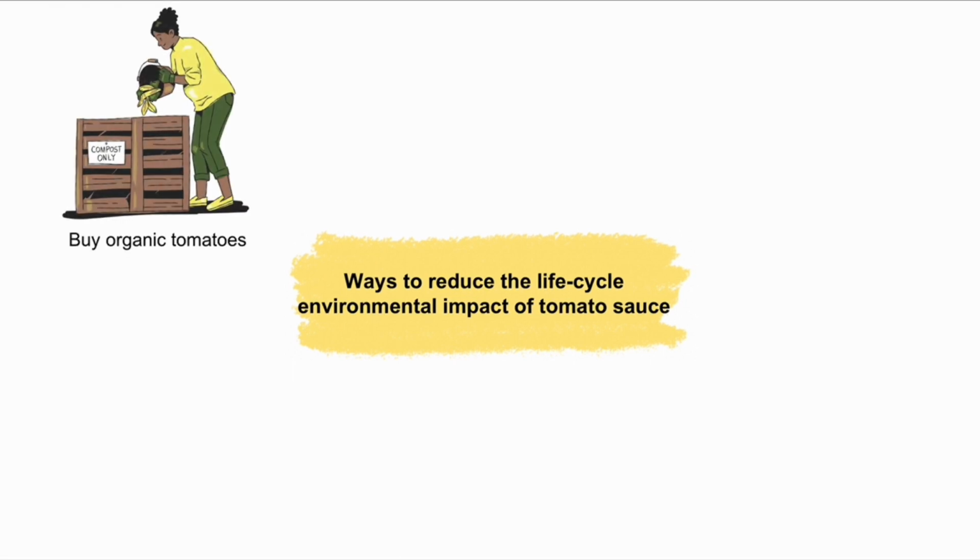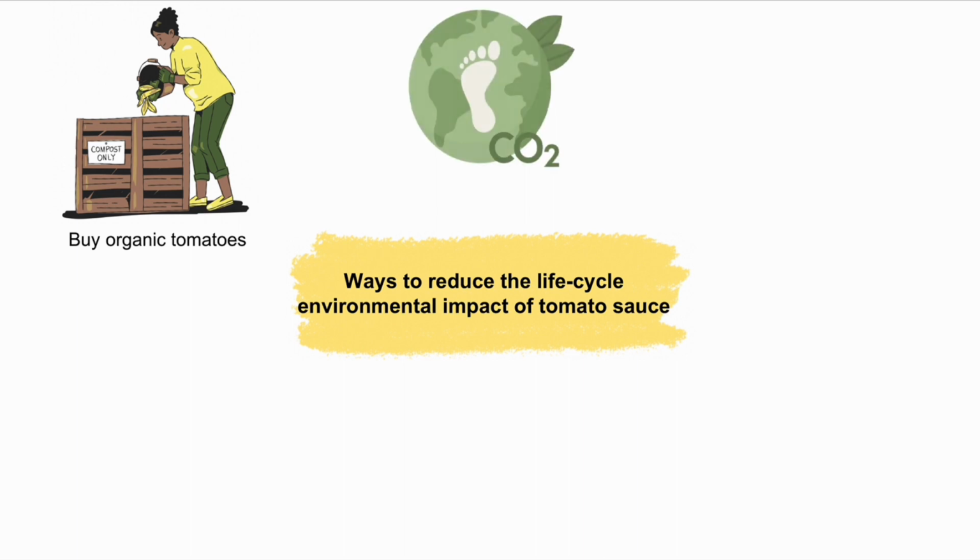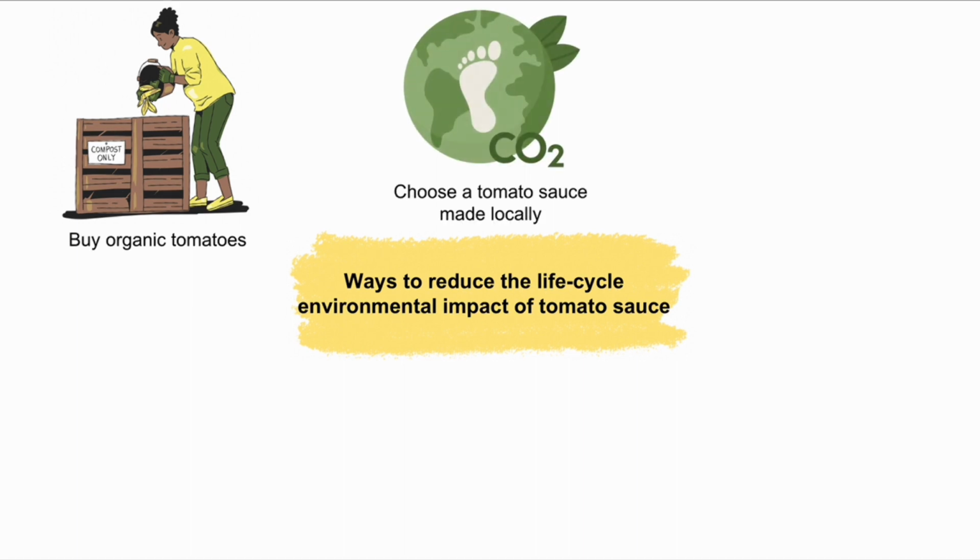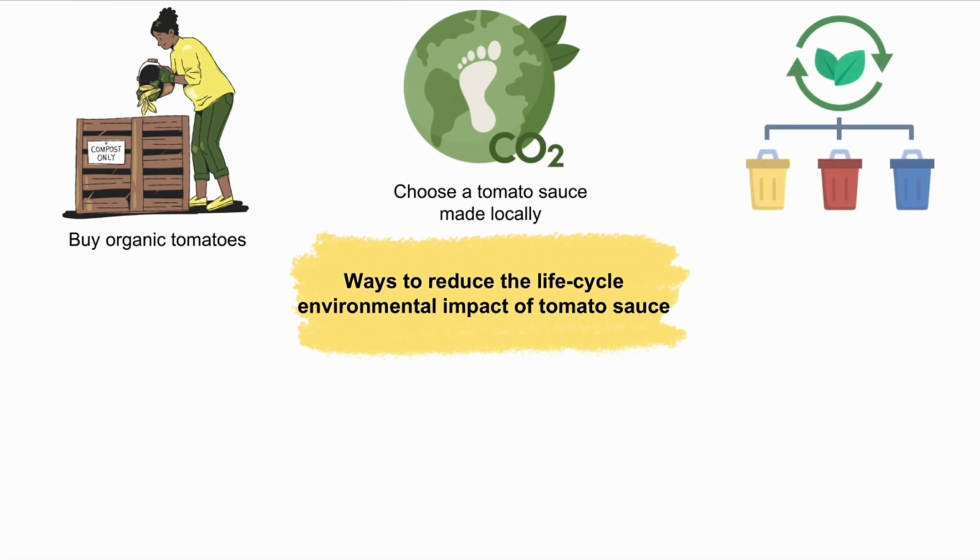First, growers are advised to give priority to organic tomatoes. Organic tomatoes usually use compost as a partial substitute for mineral fertilizers, thus reducing pollution to soil and water resources. Second, choose local tomato sauce. Because transporting food produces a lot of carbon emissions, choosing local or regional tomato sauce can reduce transportation distances and carbon emissions. Third, reducing food waste reduces the demand for land and water and reduces the amount of waste.